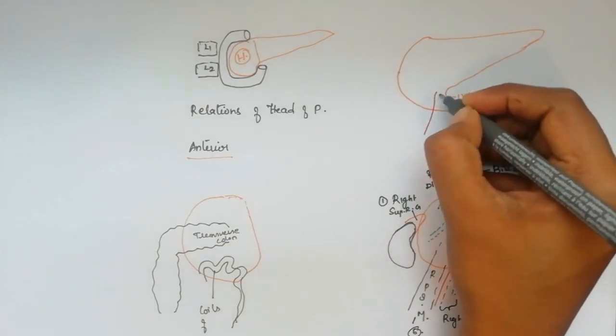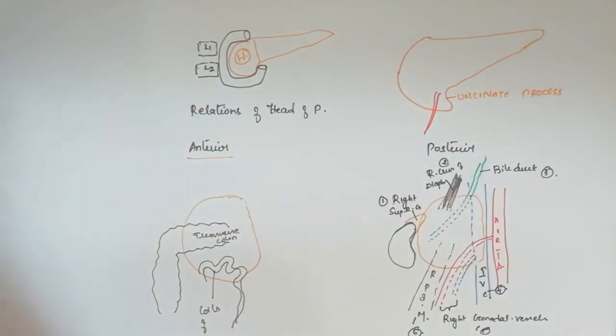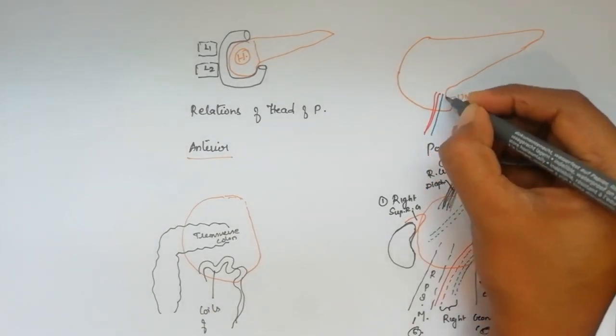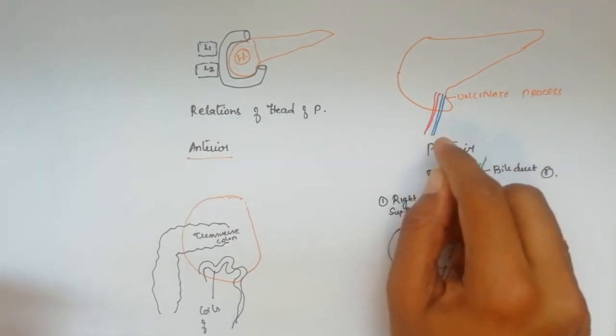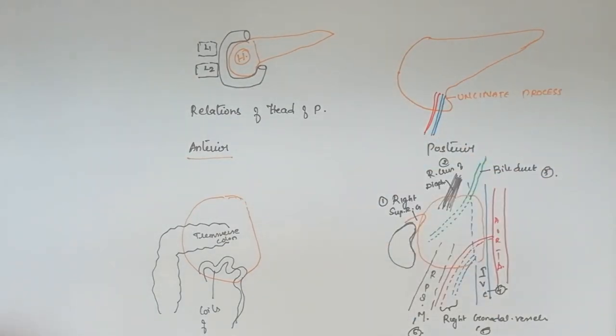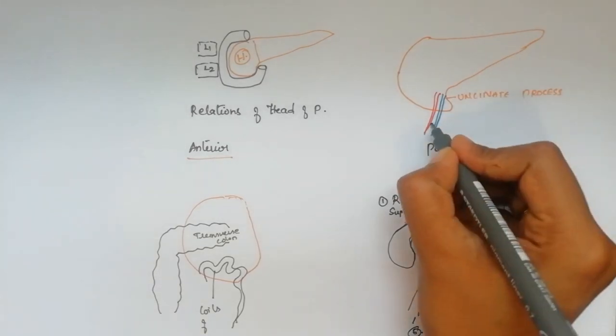So that is the anterior relation of the uncinate process. The relation of the uncinate process is very important because of the passage of these two structures, that is, vessels passing anterior to this uncinate process, and that is nothing but